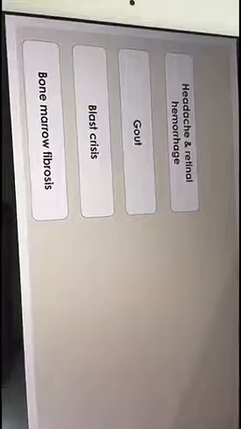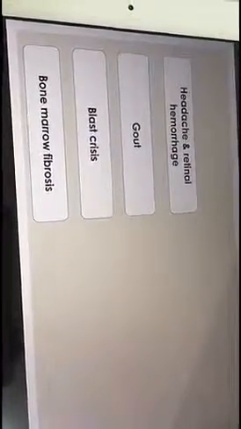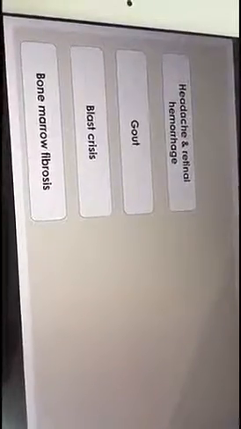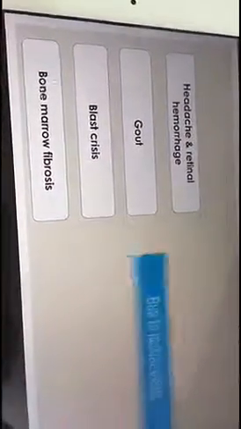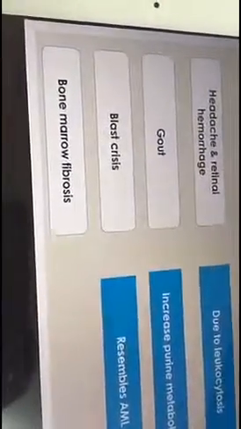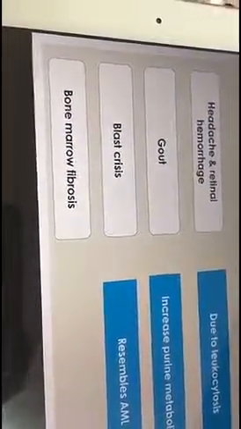Also, the patient may present with headache and retinal hemorrhage because of the increased blood viscosity by the high WBC count. Also, the patient may have gout because of the increased purine metabolism. بعد فترة من الأنيميا والثرومبوسيتوبينيا ممكن